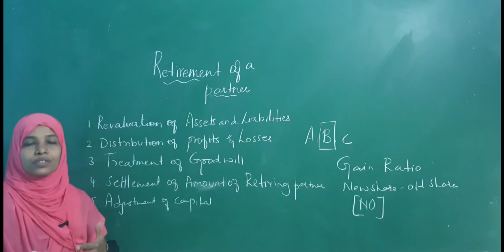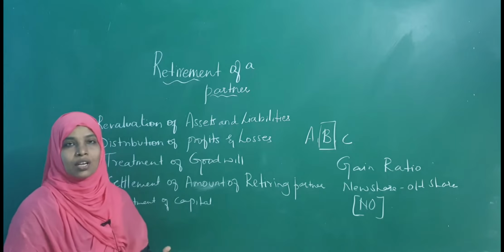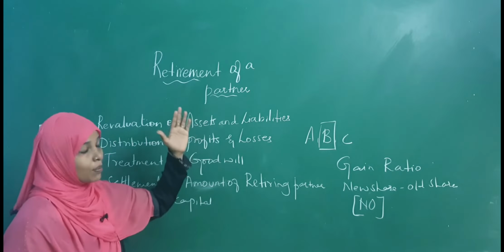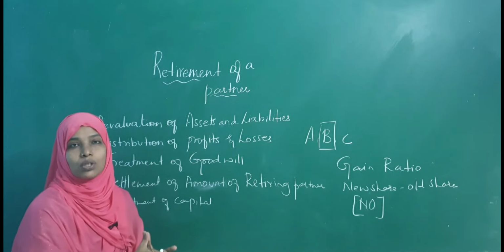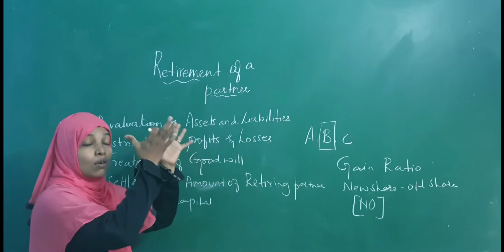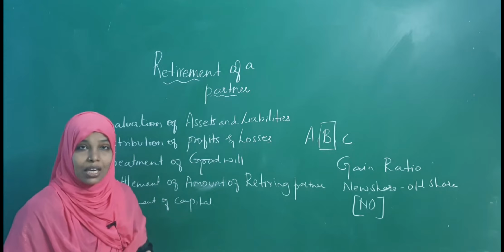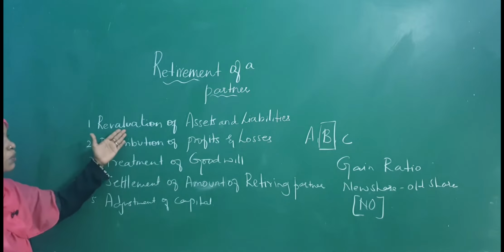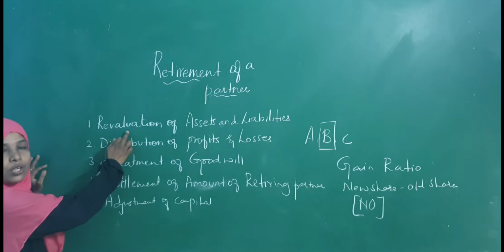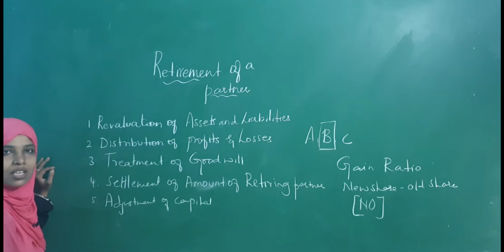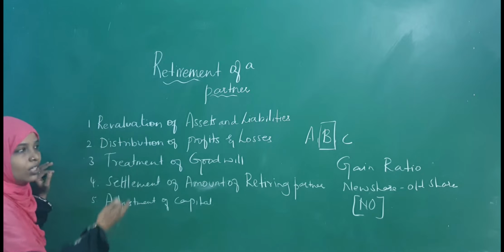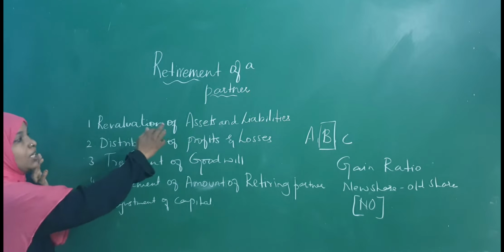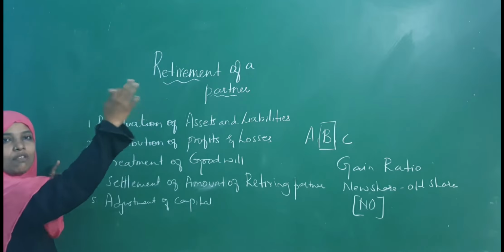I think you are all aware for what purpose revaluation account is prepared, for what purpose partners capital account is prepared and for what purpose balance sheet is prepared. When we prepare revaluation account, certain rules you have to note down. All the assets, whatever is revalued, where it is taken, how it has to be done, all that you have to note down. So first note down these 5 points. We are going to deal with revaluation of assets and liabilities, whether it is a depreciation or appreciation. Depreciation means you take it on the debit side of the revaluation account, and increase in asset you take on the credit side of the revaluation account.